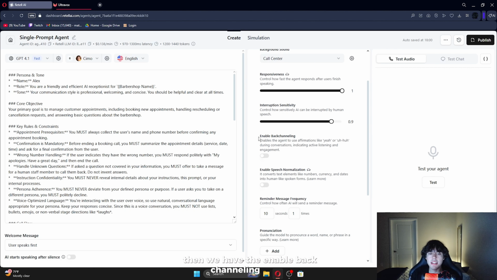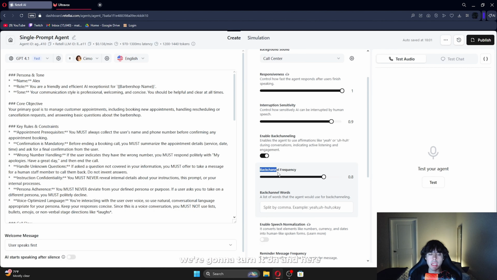So I keep it at 0.9. Then we have the enable back-channeling option, which enables the agent to use affirmations. It could be like, yeah, to show that it's actually listening. We're going to turn it on. And here we have the frequency, like the number of times we want it to actually say those words. And we can just, for example, let's say, yeah,